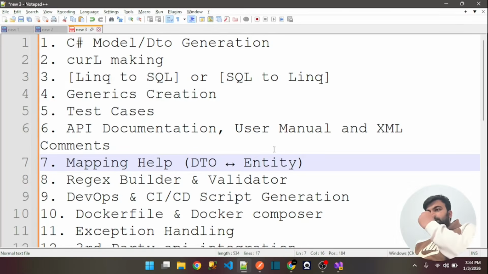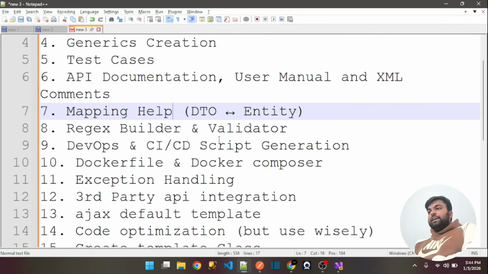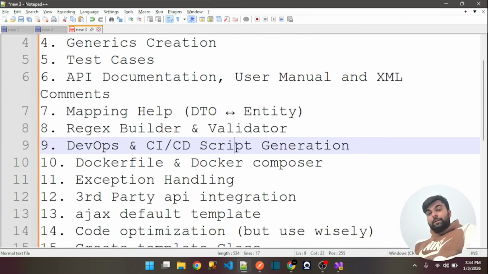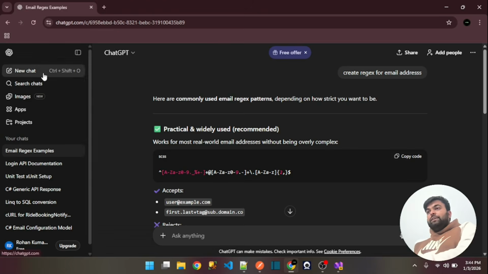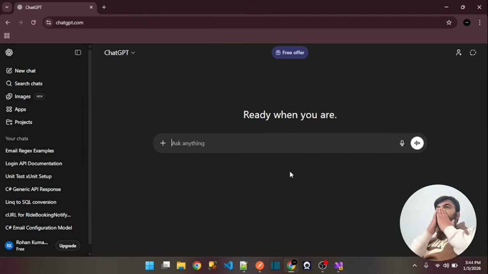Now the next thing I use AI for is DevOps and CI/CD script generation. This is a very important thing that you should start using AI for. If you don't know how to create a CI/CD script YML file for your CI/CD automation,